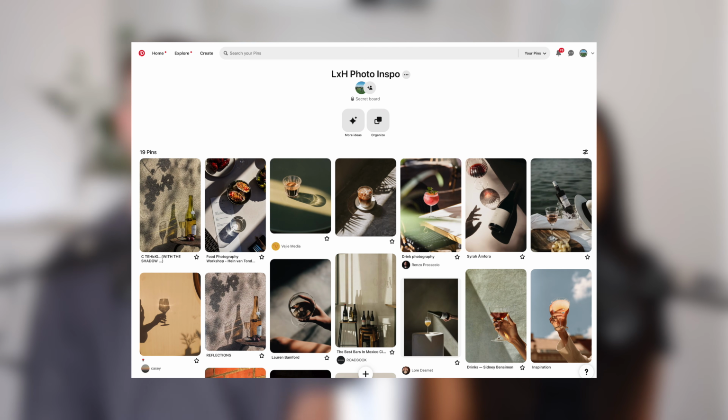save posts to private boards, which is super handy, or you could save it into like an ideation document. But the great thing about the private boards is that the more you save, the more suggestions Pinterest gives you, which then you can get more inspiration from without having to go search. And because it's a private board, people won't know that you're saving posts from potentially competitors or other creators and